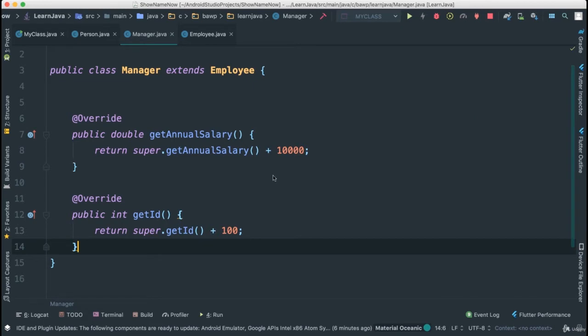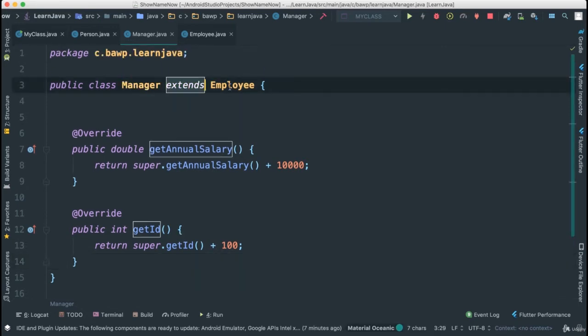Now that we understand about the overriding of methods and customizing even further our classes, it's time for us to look at another method that we can override on all classes that we create. This is assuming that you understand, and I hope you do, because we talked about the object superclass. There's this Object superclass in Java that all classes that we create ultimately inherit from. So if that's true, that means manager inherits from employee, but because employee inherits from person, and person is our main class at this point here,